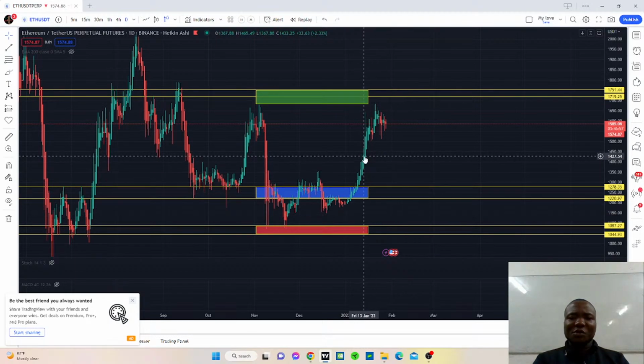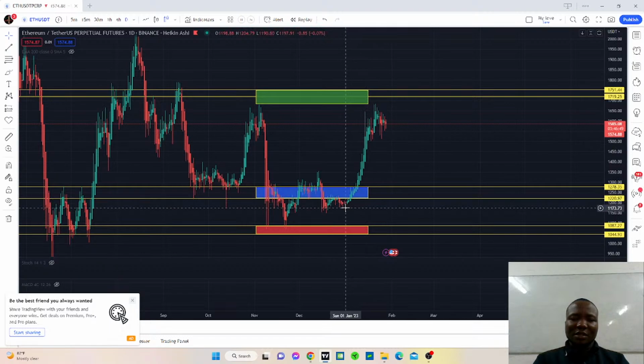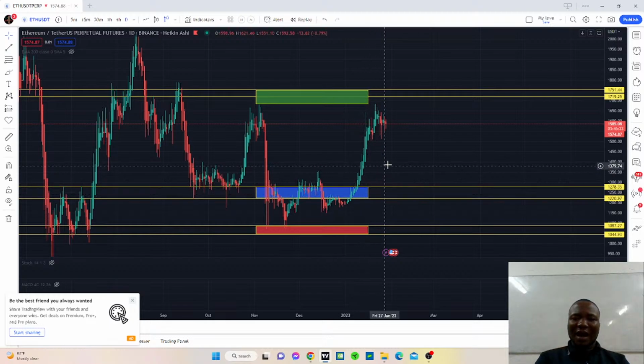Okay, so as I was saying, here was the zone at which there was enough demand. So that is why the price shoots up. My explanation for this video will be how to know if it is a bullish market or